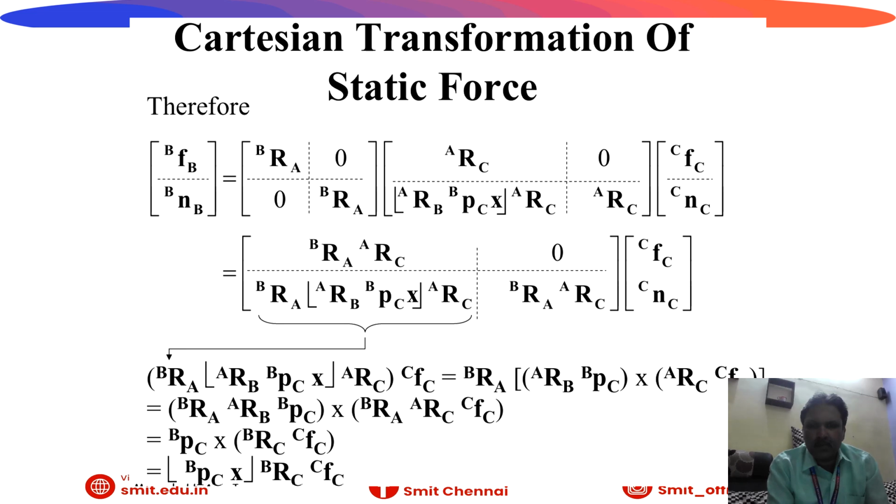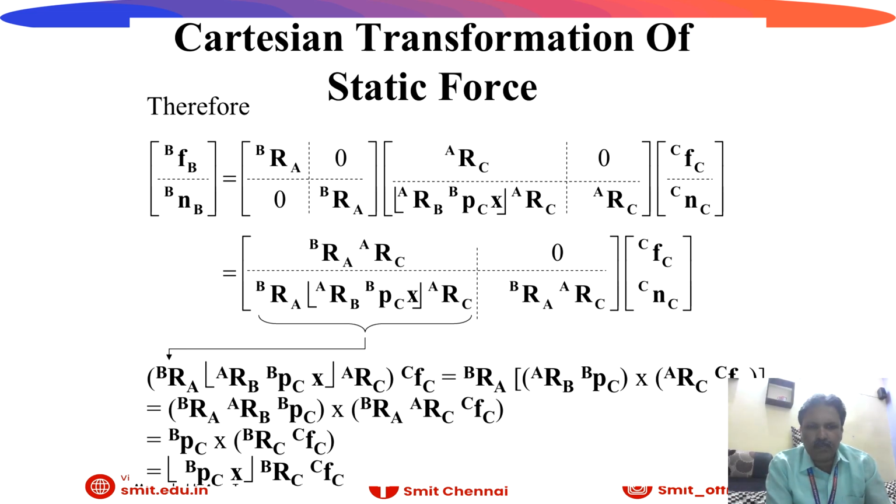In the next diagonal ways, we are going to write B R A, A R C. That diagonal ways, it should be similar. Followed by the last thing is the tool. What is the output we are getting? That is CFC, CNC. Then after the various simplification, we will get the final step: